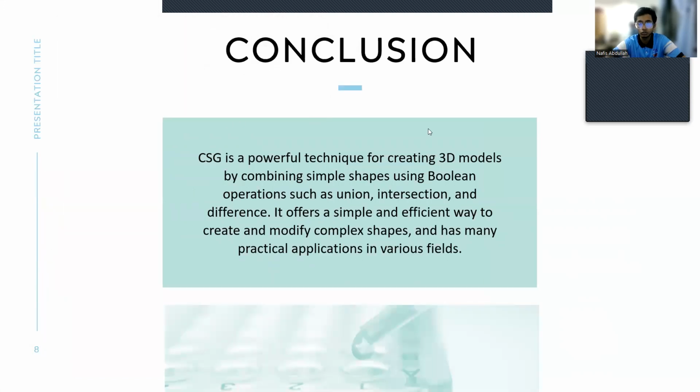Last, we have the conclusion. So to sum up, we can say that CSG is a powerful technique for creating 3D models by combining simple shapes using Boolean operations such as union, intersection, and difference. It offers a simple and efficient way to create and modify complex shapes and has many practical applications in various fields. So that's all for the presentation of